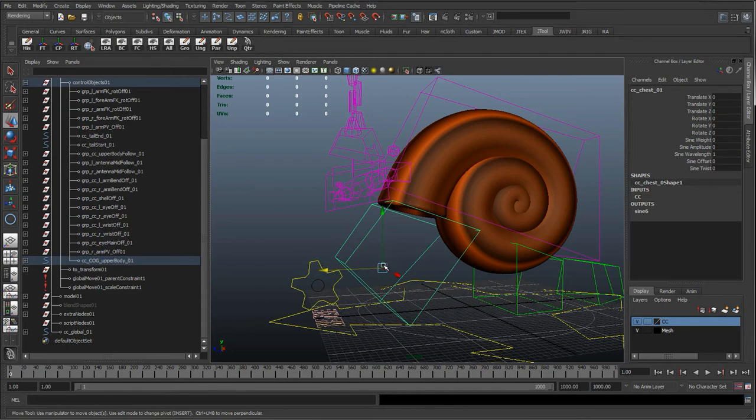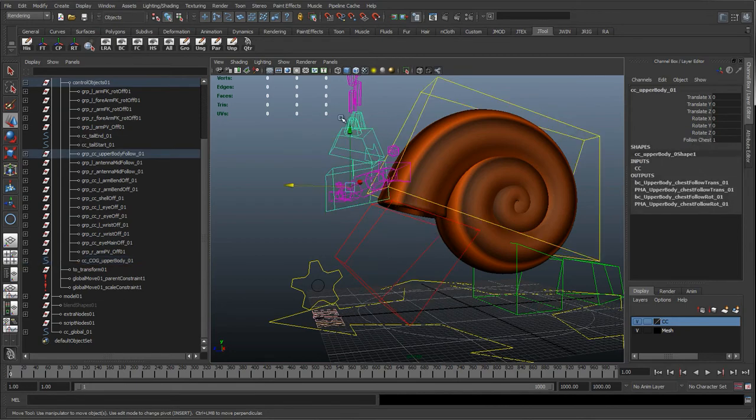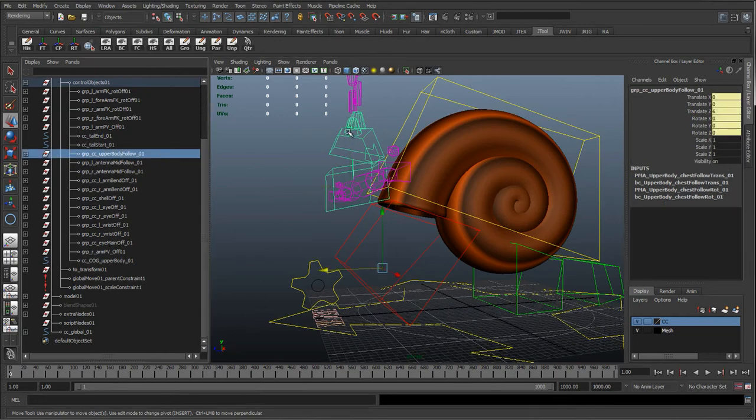But because the chest control drives the follow attribute of these upper body controls, it's going to also take that 6, and with the follow attribute on, as you can see, it's translated these 6 in Z. But then if we parent this group that contains the upper body to the cog, that means the follow attribute is telling it to move 6, and the cog, as its parent in the hierarchy, is also telling it to move 6. So in effect, it'll move 12 in Z.